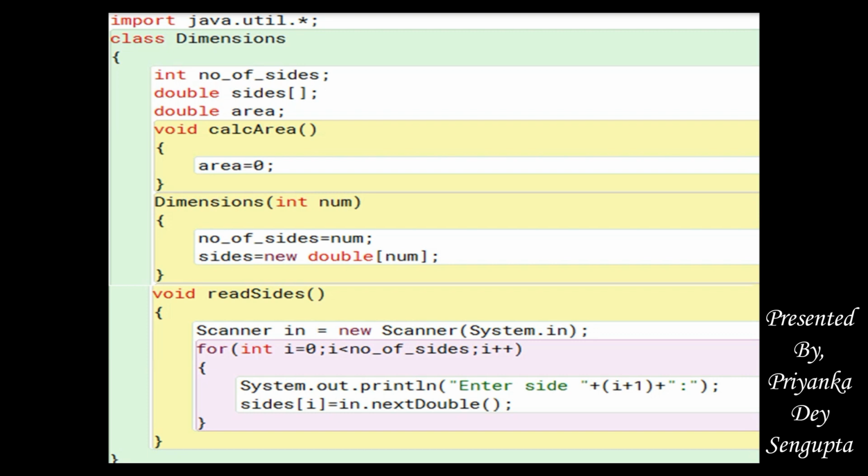We have a default constructor where we are inputting the number of sides. That means for square the side will be 1, for rectangle we have length, breadth, the side will be 2, for triangle we have 3 sides, so the number will be 3 out there. Now see, read sides will input the values of the sides respectively.